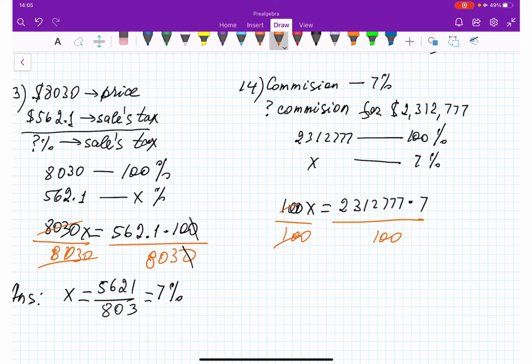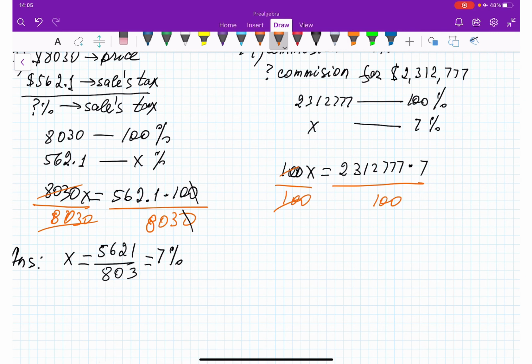There is nothing else to divide, and all I'm going to do, 23,127.77. I'm dividing by 100 and times 7, and we are going to get